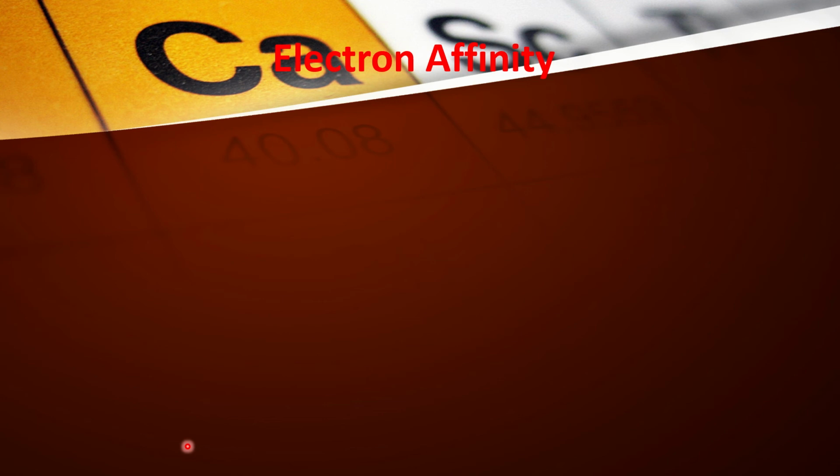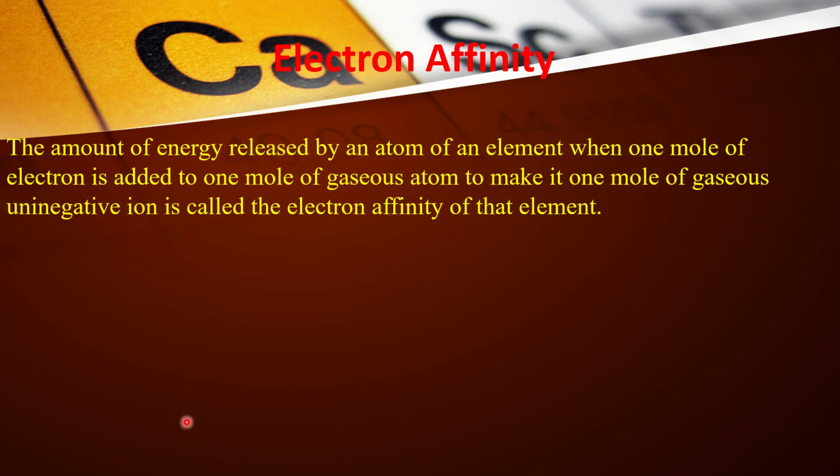So this energy is a negative value because here the atom releases energy. You will get the energy; you will not apply the energy. Why will you get the energy? Because you will add one electron to the atom. The electron is added in the atom and the atom will give you energy. In ionization energy, you remove one electron from the atom, so you have to apply energy. But in electron affinity, an electron is added on the valence shell of the atom and the atom will release energy. This amount of energy is called electron affinity. So what is electron affinity?